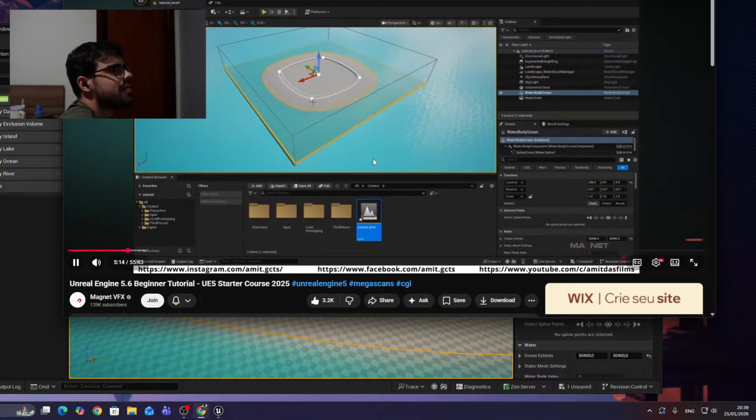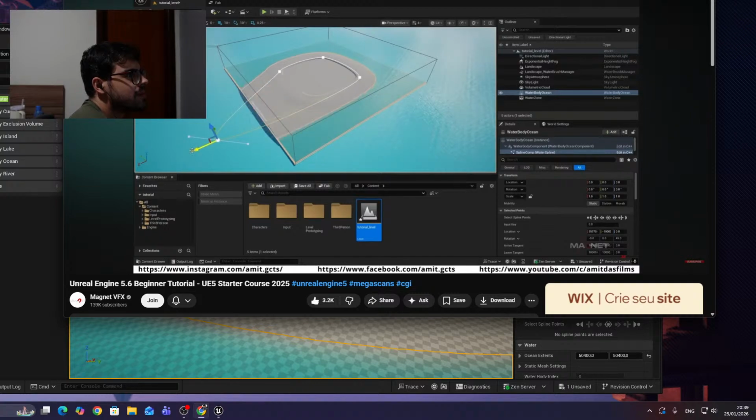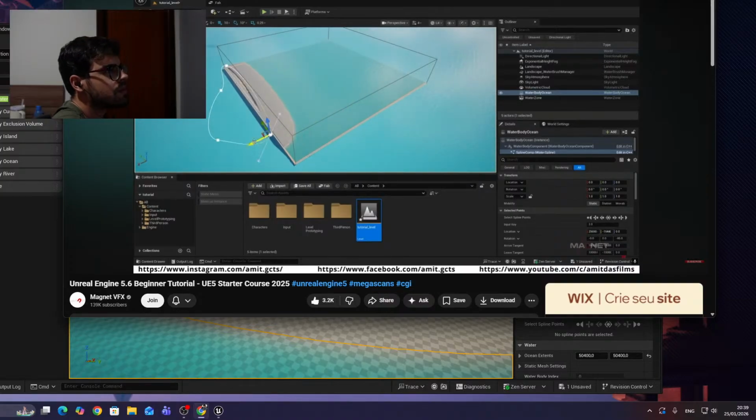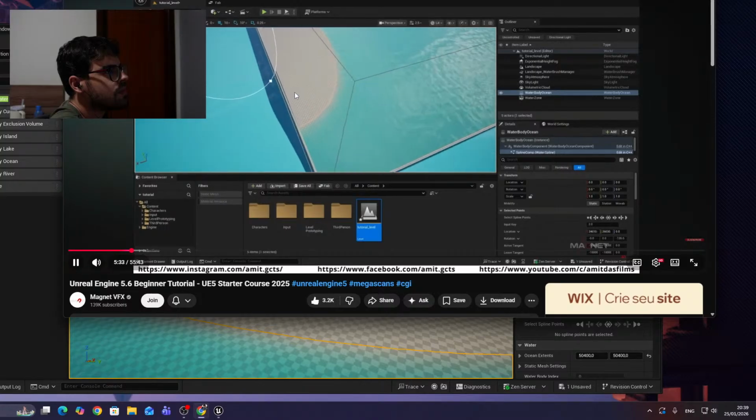We're going to move our landscape over here so we can get more of this nice water. So we select this spline point here and just drag it over here like this, and also do the same for this spline point here. Okay, and now if we come over here,